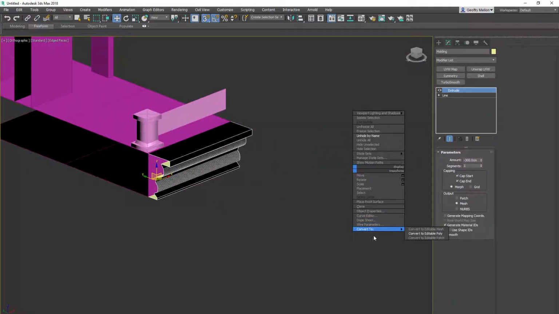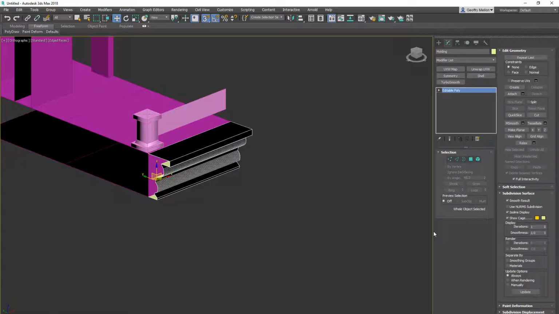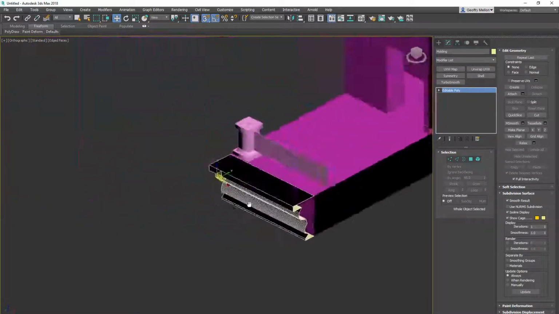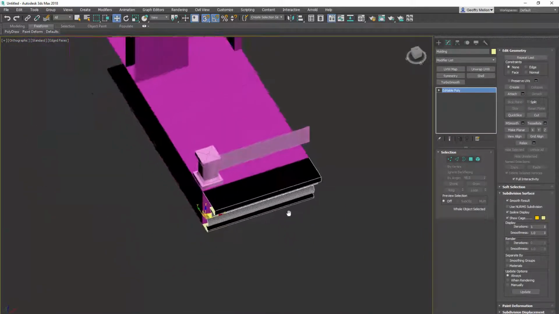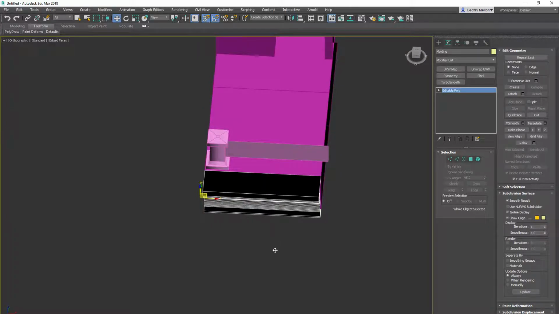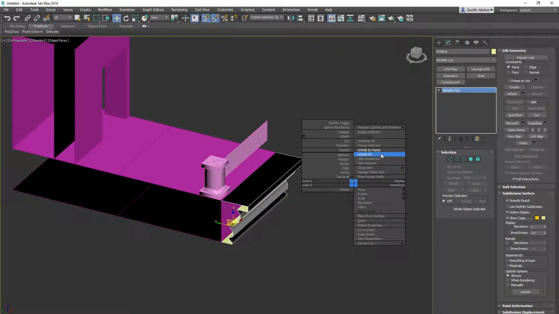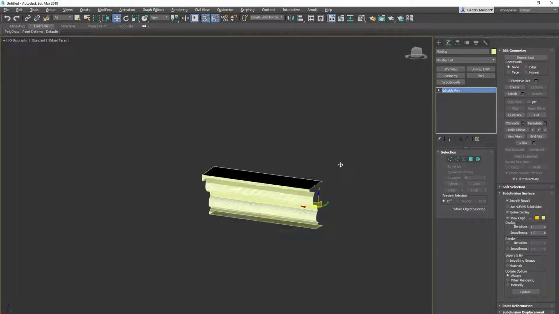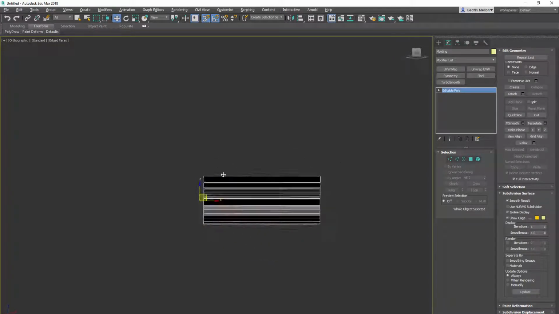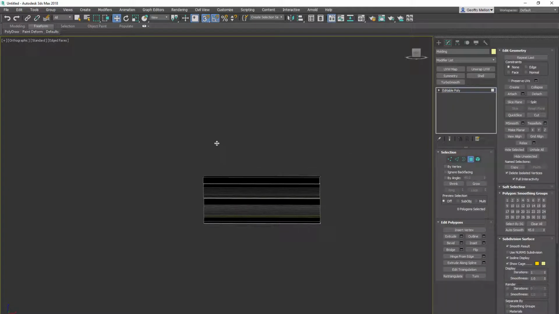Sometimes when you do things like this with an editable spline and do the extrusion, it does stupid things like this, which is inverted. All we have to do is grab, let me hide everything else first. Okay, so see how we can see the inside, but we can't see the outside, it's all black? Well, we just grab it, go to poly mode, grab,